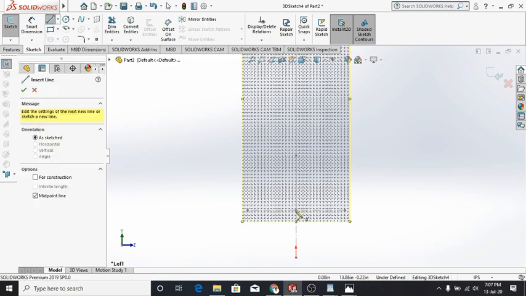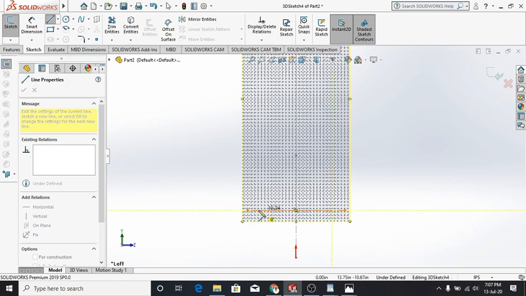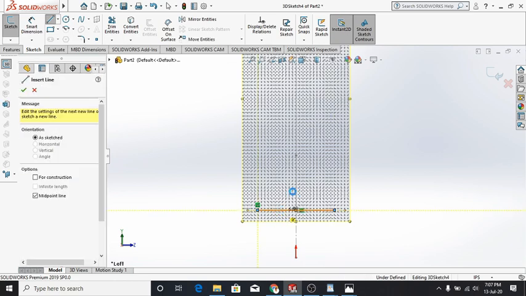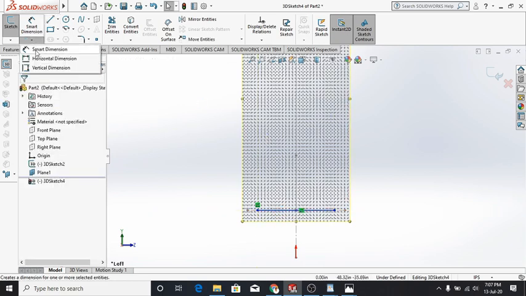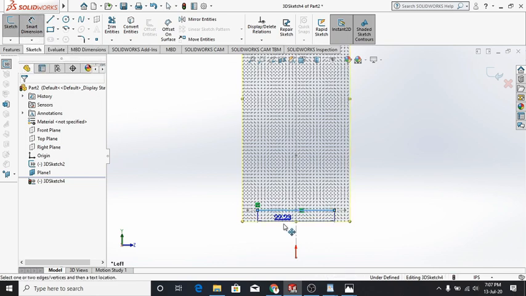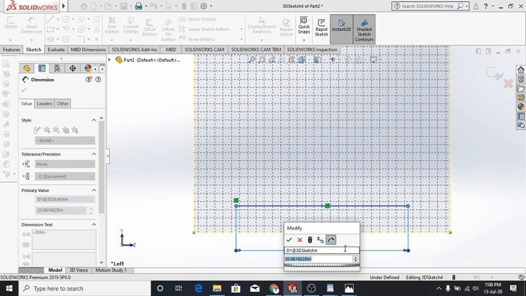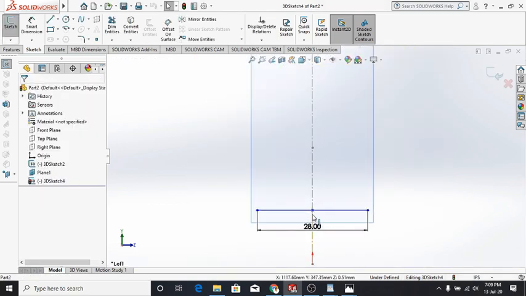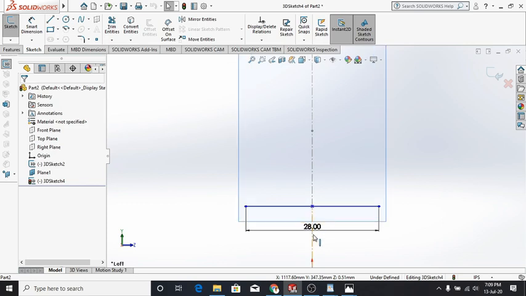This is for construction. Our dimension, okay, more than 25 inches. We are considering 25, but let it be 28 inches. Okay, here I'm putting it as 28 inches.